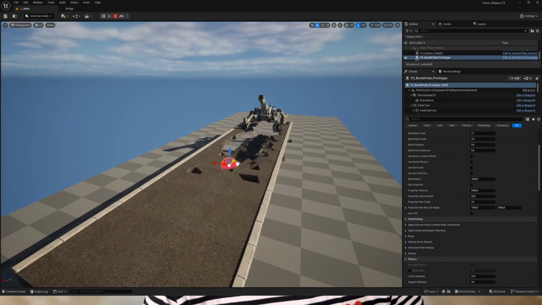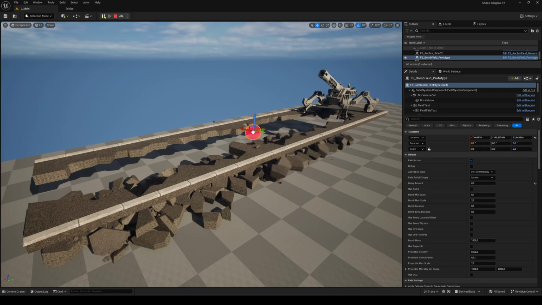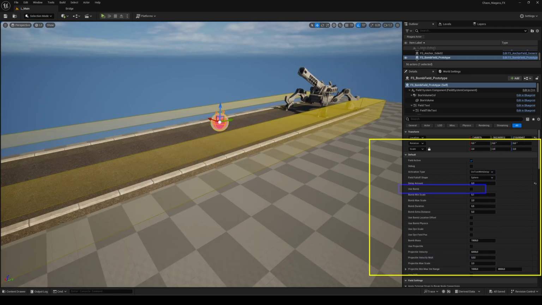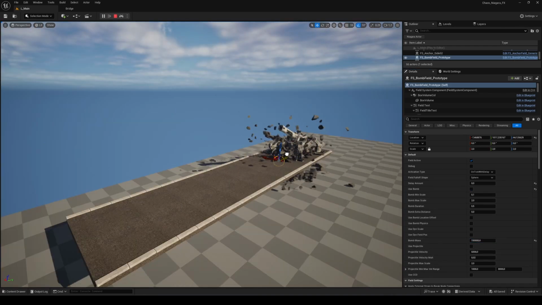Okay, we're breaking things, but it still feels a bit flat overall, right? If we want a more realistic explosion, we expect an explosion path with more pronounced debris projections. We can fix this by activating an attribute on our bomb field, the bomb attribute. Quite straightforward. After a few more tweaks, I'm getting closer to what I had in mind.